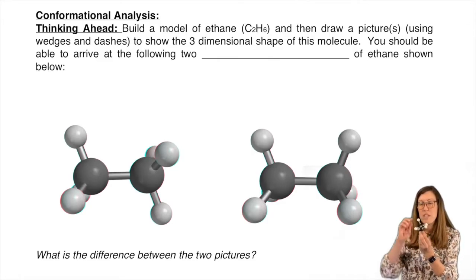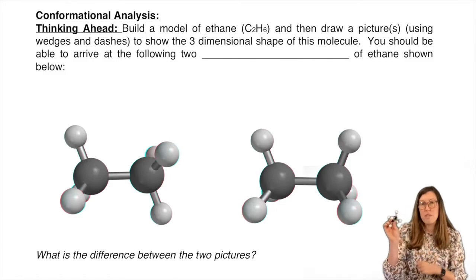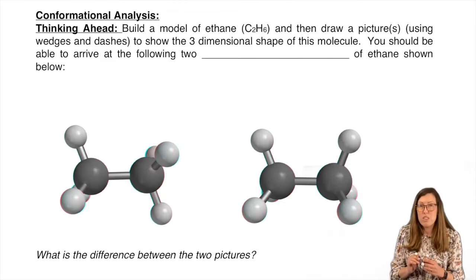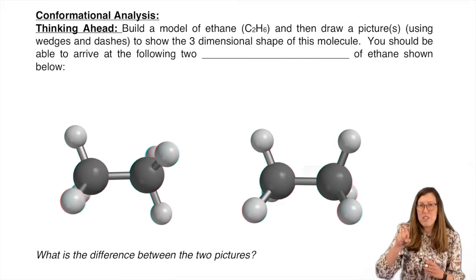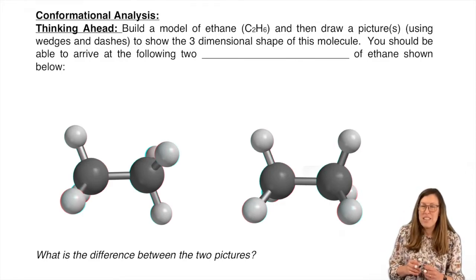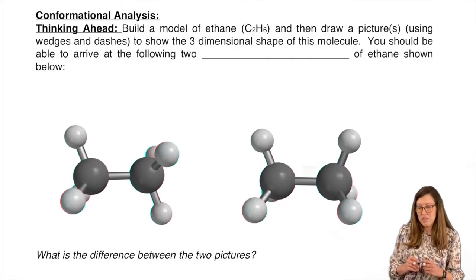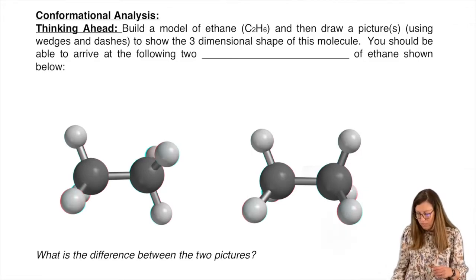So you can rotate freely, which brings up the point that how I built ethane might be different than you did, because you might have built one with a rotation in the back to be perfectly aligned or maybe perfectly offset with the carbon in the front. These are called conformers or conformational isomers. And that's the topic we're embarking on now. We've only scratched the surface of 3D analysis, so models are very important to help make this a little bit quicker to grasp. So make sure you do have your models.